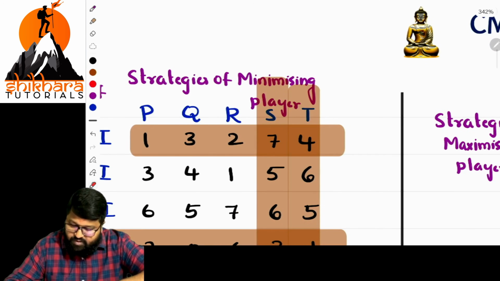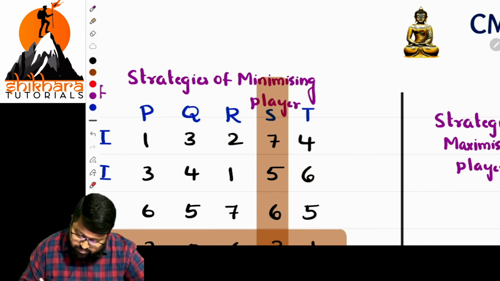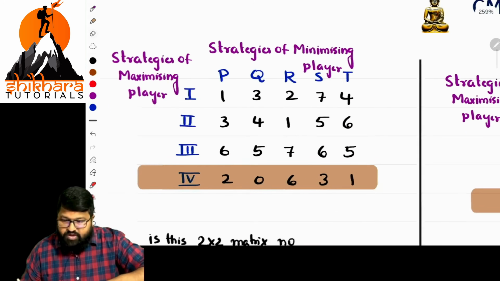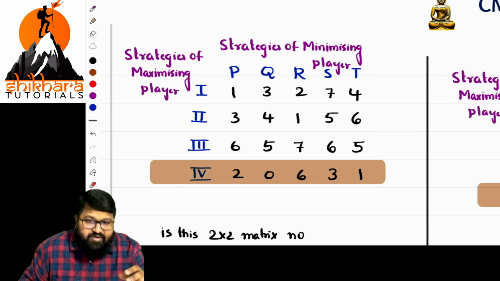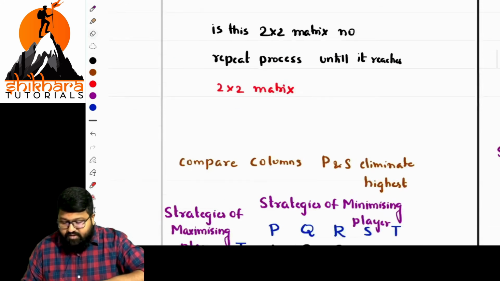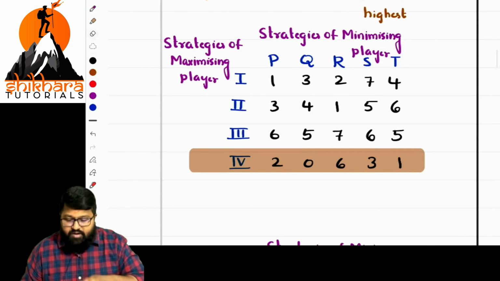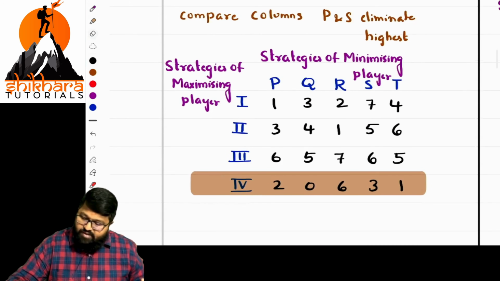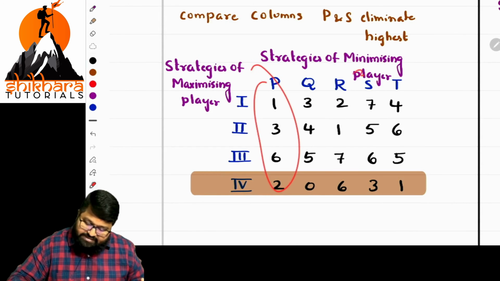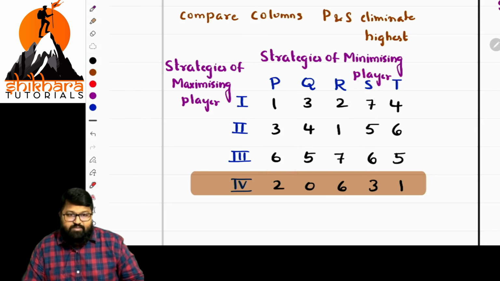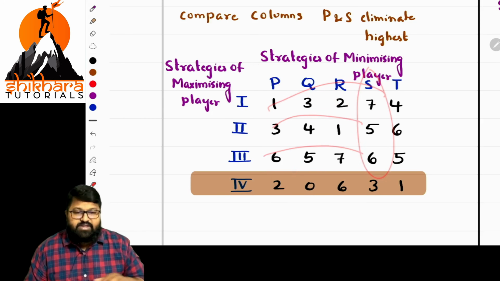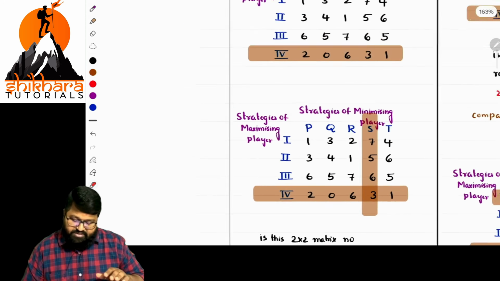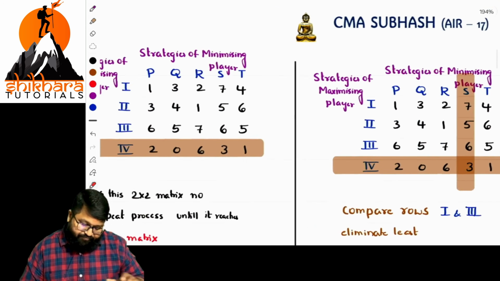Let us erase this part once. The only issue is that when we are solving this, a small error will make the entire problem go wrong. Here we eliminated that part. Now we are comparing P and S. P and S are compared. Of these, the highest should be eliminated. What is the highest one, ma'am? These are the highest parts. Eliminate S. Now S elimination is done. What about the next part, sir?